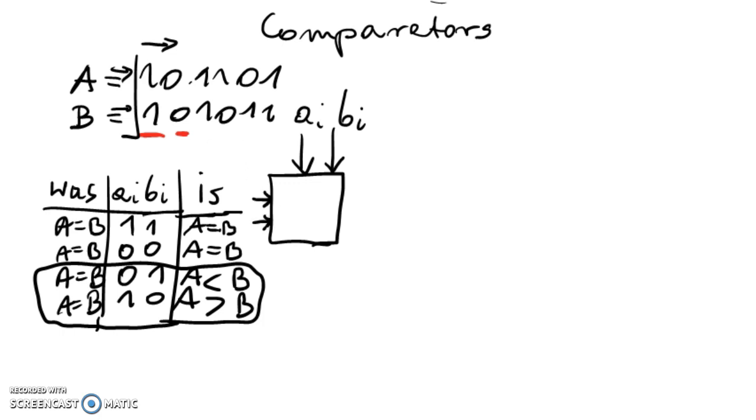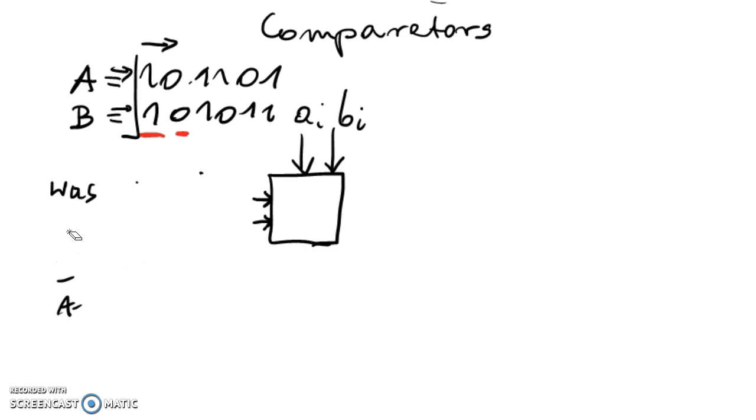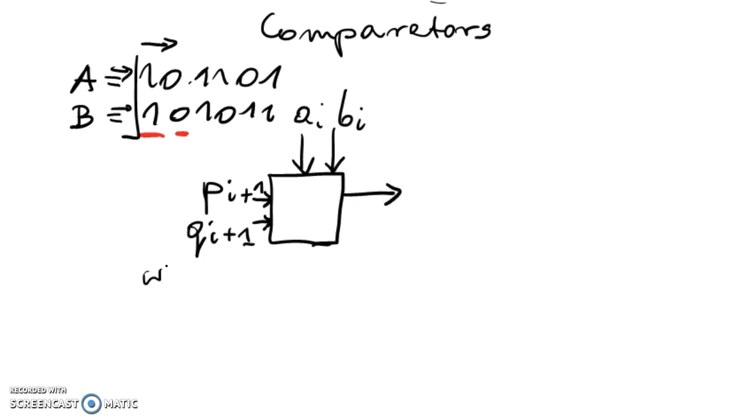Okay, let's call them P and Q, and let's derive the truth table for the comparator. So P, let's call it P i plus 1, because they come from the higher bit, Q i plus 1, as the current information, and Pi is the output and Qi is the output to the neighboring right